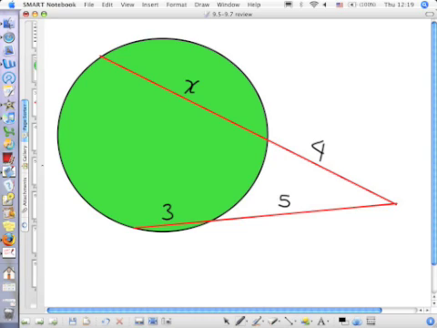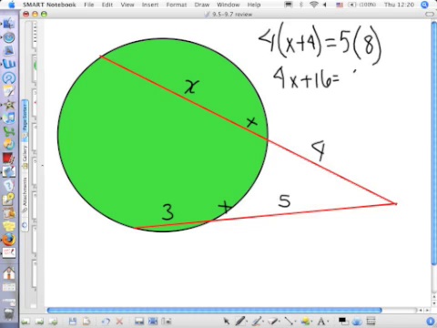If it helps, put a little plus sign here so that you remember to add for the whole thing. It's 4 times x plus 4, which is equal to 5 times 8. So 4x plus 16